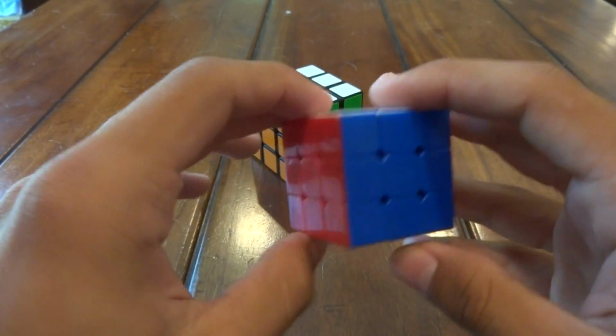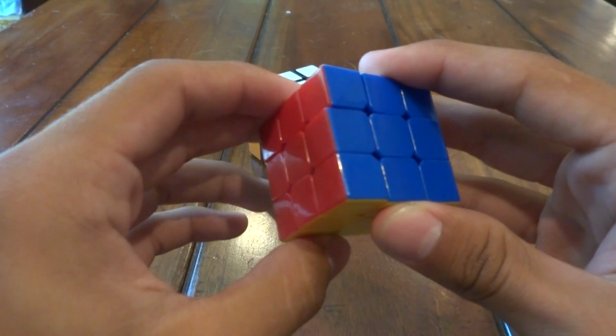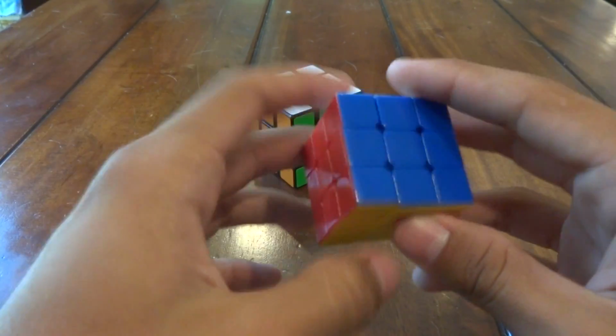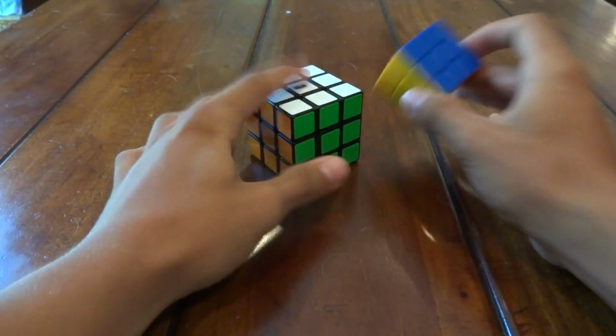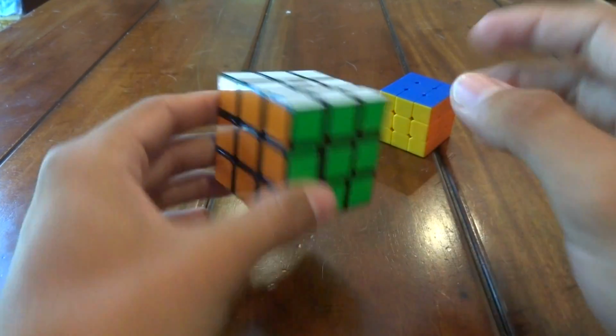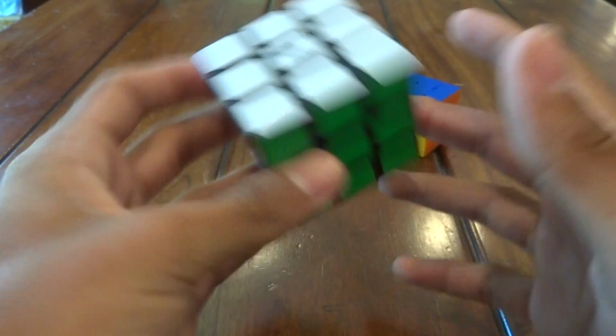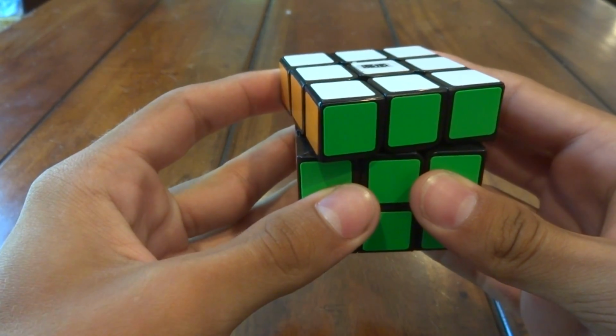So the first thing I want to say about stickerless cubes is that they are illegal in WCA, or World Cube Association, competitions. And the reason why is because in an official competition, if you're solving the Rubik's Cube, or if you're solving any cube for that matter, and you are...